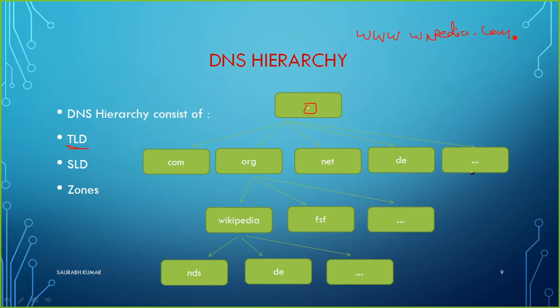There can be so many other things on the basis of maybe the country. You can have .ug, .in, .us. So these all are something which we set at the top level. So this is our top level domain, this is our root domain, and here we have the name of the domain, whatever name you have registered with.